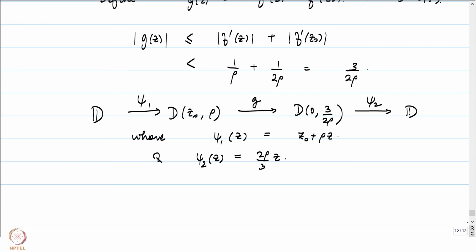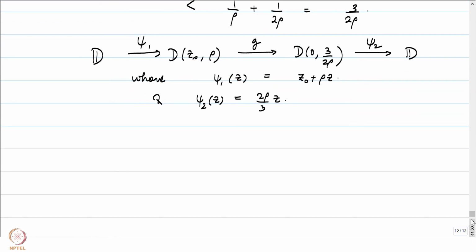So if you consider these two maps, we have a composition of holomorphic maps, h of z defined to be psi 2 composed with g composed with psi 1